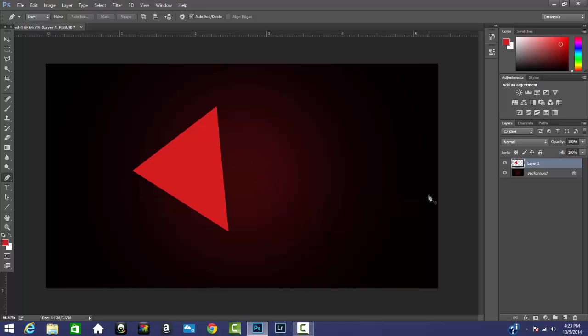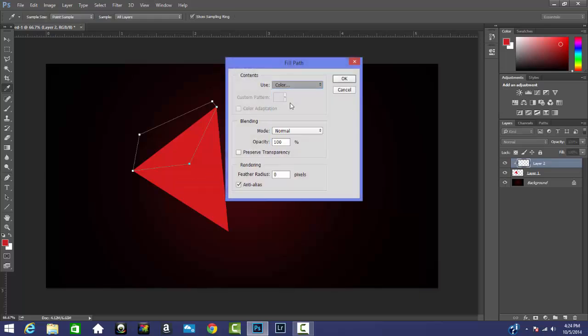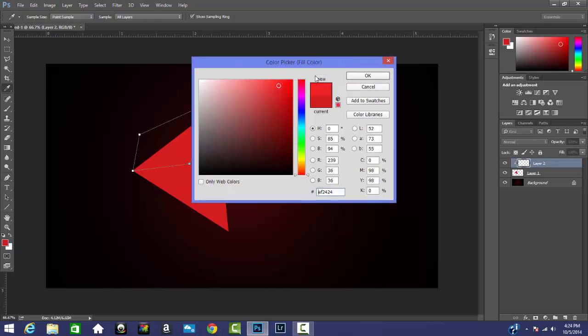Alright, let's create a new layer. Hold Alt and click in between layer 1 and 2. And let's go ahead and make it three-dimensional. So start in this corner. Make an anchor point kind of in the middle, anchor point this corner, anchor point, and then just kind of go like that. Then right click, fill path, color, do a lighter red,